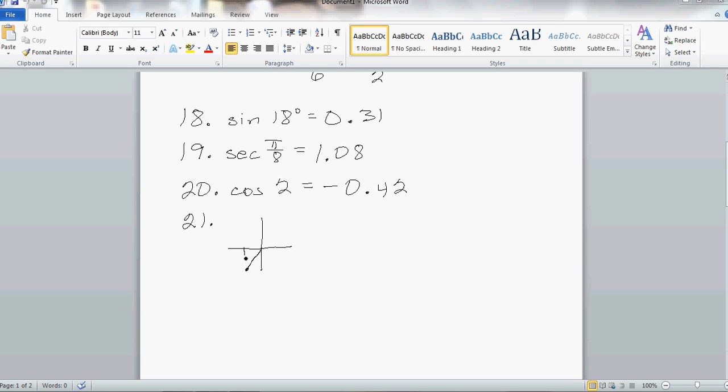And we're going to create this right triangle here. At -3, -4, this would have a distance of 3, this would have a distance of 4, and it's very easy to remember the 3, 4, 5 Pythagorean triple. So we know the radius is 5, and that's very important because if it's not on the unit circle, then we need to